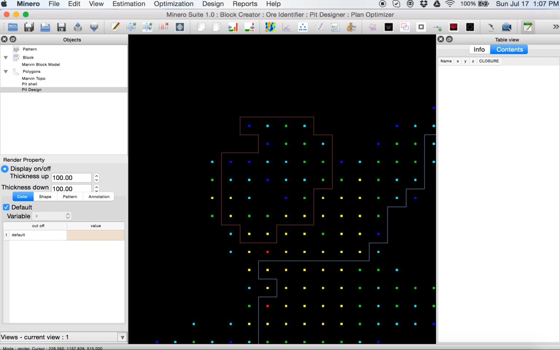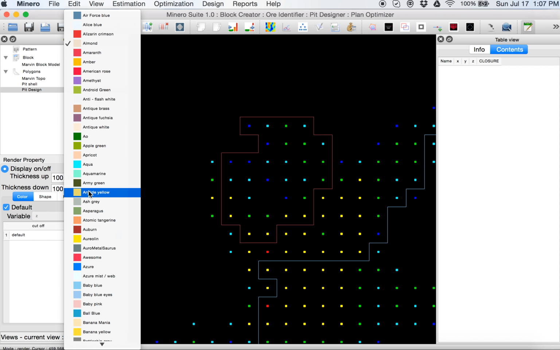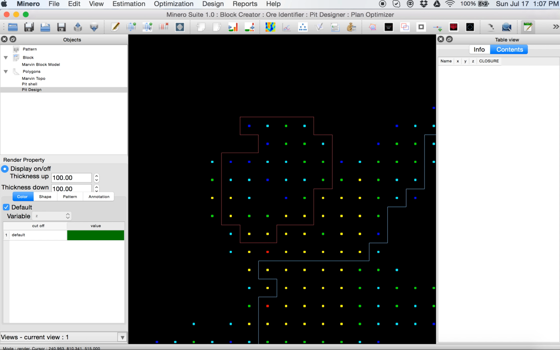I can set up the color for this pit design in render property. I can set up one color, green.